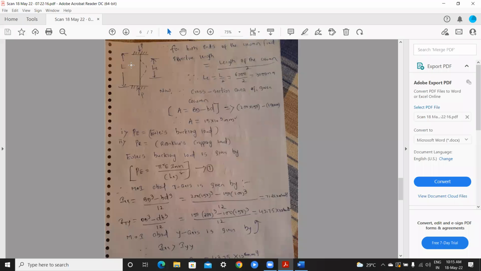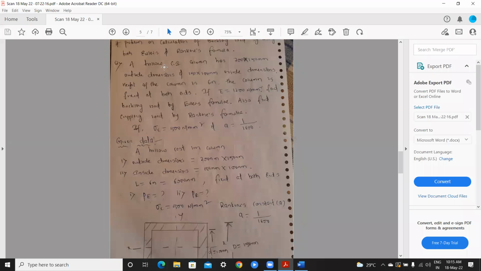You can see here both ends of the column are fixed. Both ends fixed means L by 2. Suppose the given length of the column is 6 meter, then the effective length will be L by 2. So what is here? 3 meter will become the length, the bending will occur at only 3 meter. Okay, so a hollow CI here, CI means cast